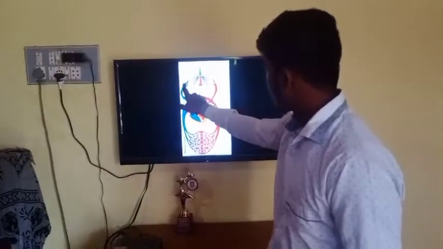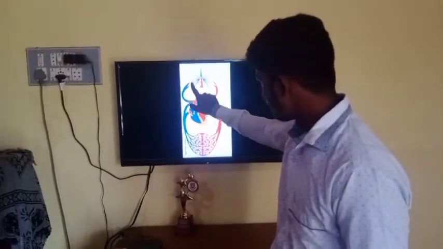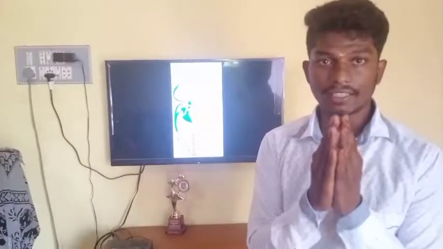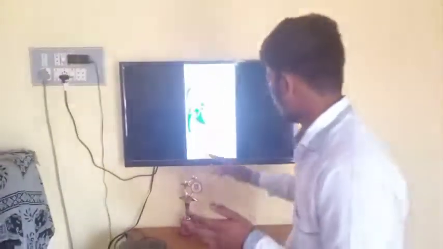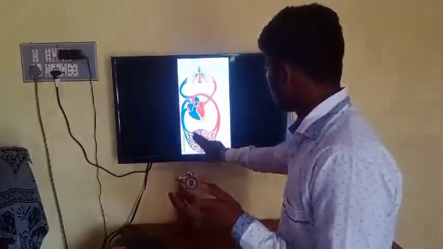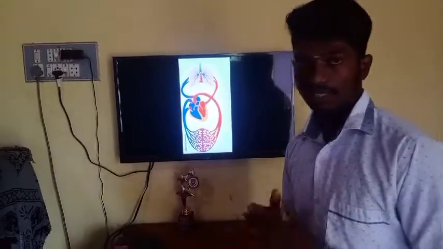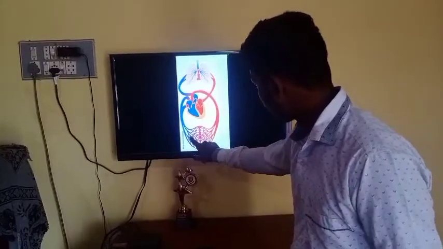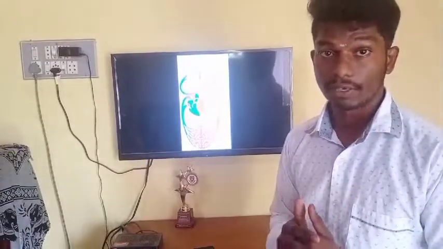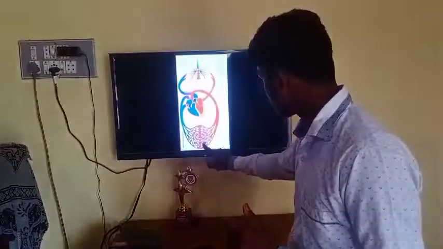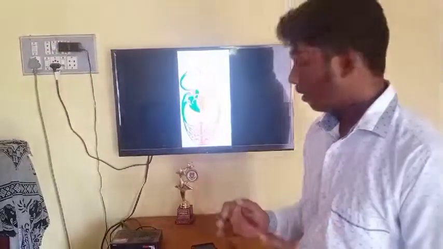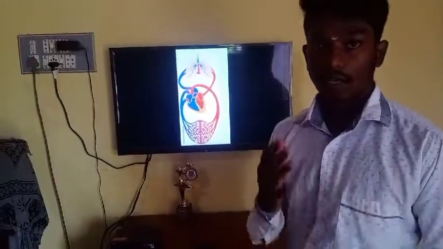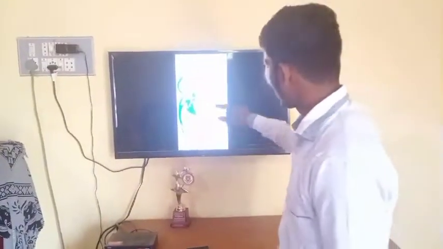Here the veins. These are veins which carry the deoxygenated blood. Let us take this as a story. Here the organs are there. These are the capillaries where the arteries and the veins are intermingled. These are made up of specialized cells called endothelium. These cells are present over the internal organs.